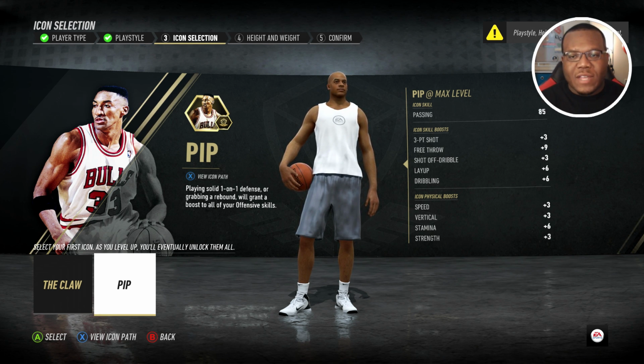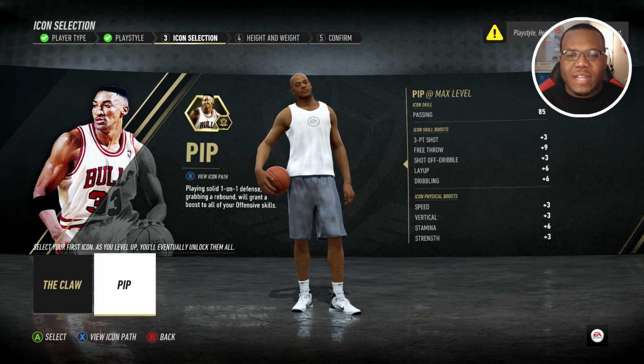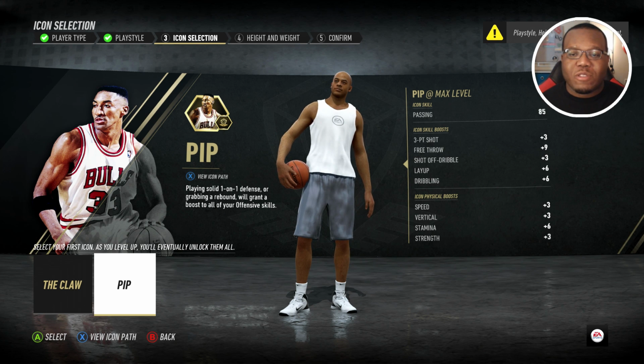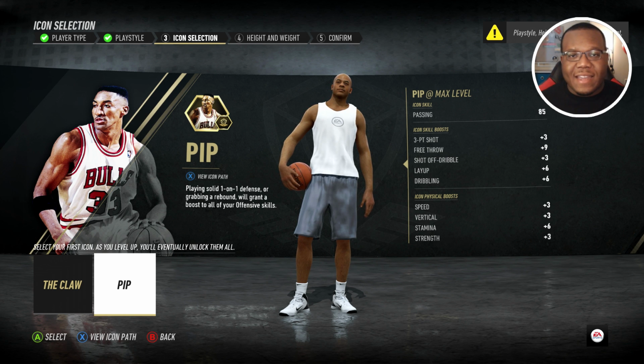But don't sleep on the icon skill boost. You get a +3 to your 3-point shot, +9 to free throw, shot off the dribble, layup, and dribbling. So with that, you'll end up with a 76 dribble, a 76 layup, and a 73 3-point shot, which is solid, but also the physical boost on top of that will make your build really stand out as a wing